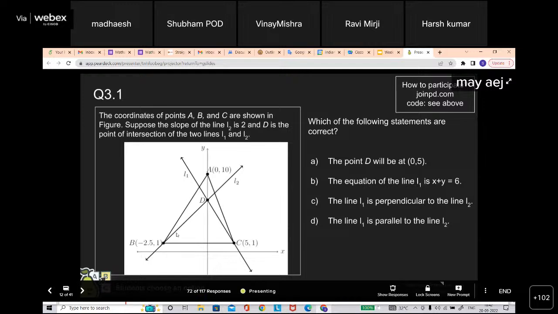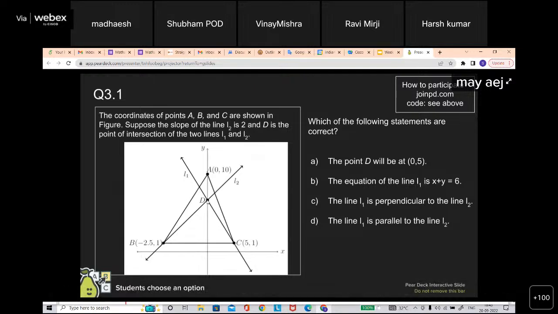Once you get that, this line is intersecting the y-axis, so anyhow you can get the coordinates of D. And once you have the coordinates of point D, to get the equation of line L1 you have 2 points. Line L1 passes through point C and point D, so you can use the 2-point form to get the equation of line L1. Once you got the equation of line L1,